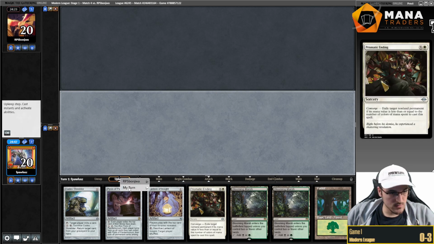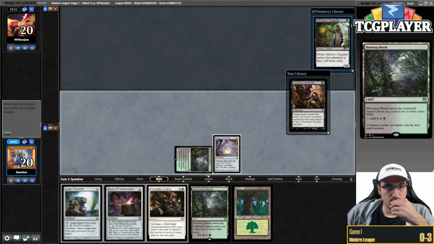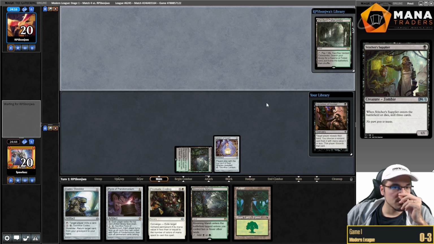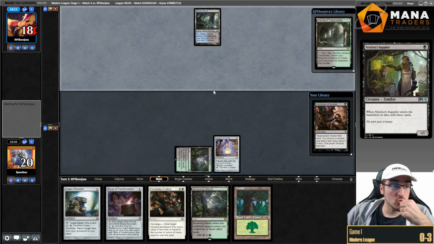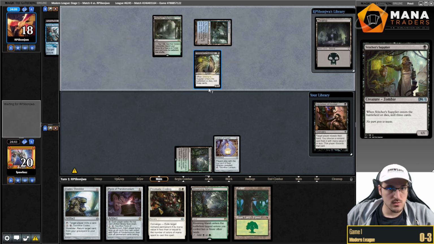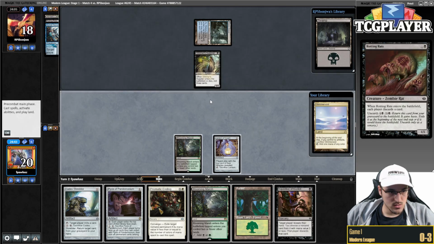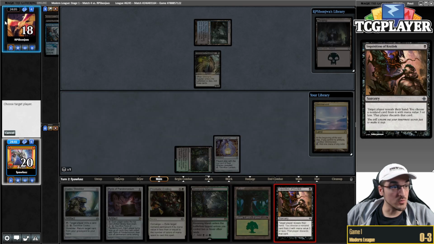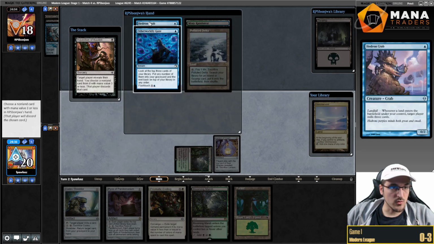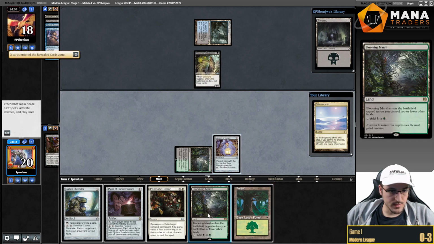All right, opponent, what do we got? Stitcher Supplier. Okay. Rotting Rats. It is a Rotting Rats meta. We're just living in it. Definitely taking the crab here. Gaze is not bad, but